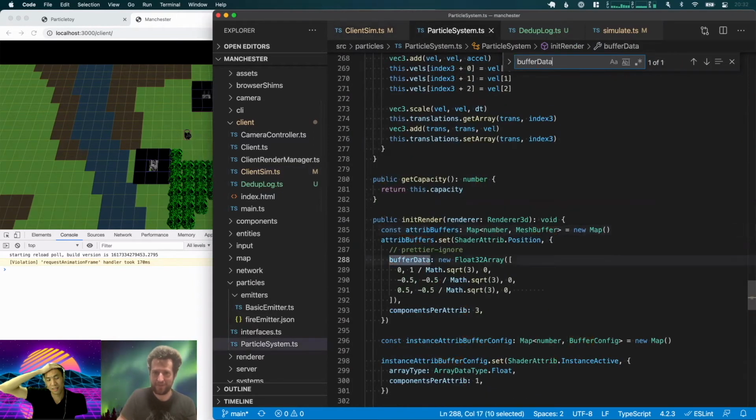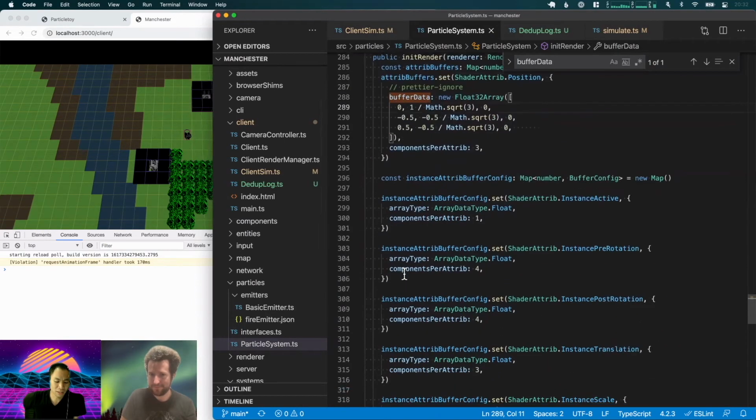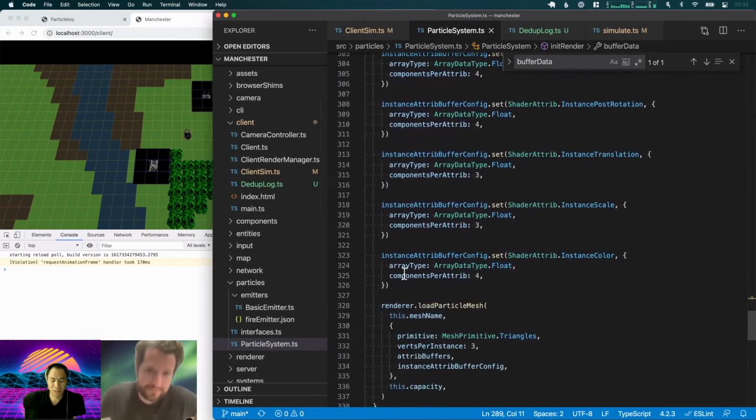I think it's because we're still dependent on this buffer data. Yeah, I think you might be right. Particle meshes are special in that the only attributes you care about are positions, whereas other meshes might have other stuff. But you're right. Like maybe that's why